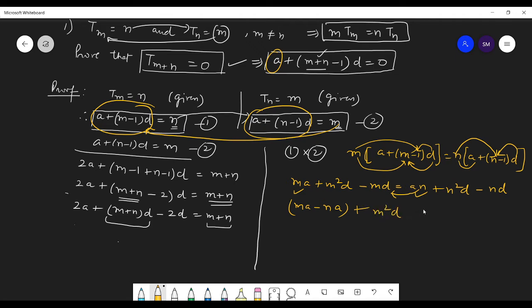md square, so the same is the case we can do with this m square n square. So m square minus n square d, and then we'll have one term from here, and then we'll be bringing this term also to this side with d. Okay, so this negative sign will become positive going that side, and minus md, and what will be left? Nothing will be left this side, so 0. Okay,